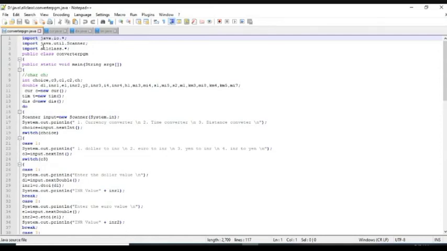So here import is a keyword. java.io means input and output. So these are called import java.io, import java.util.Scanner, and import all classes. Here all classes means the package name, package name dot star. Next, these are all the library functions.